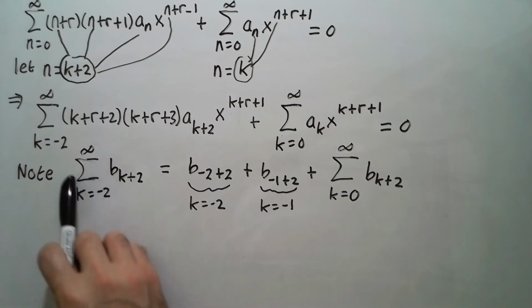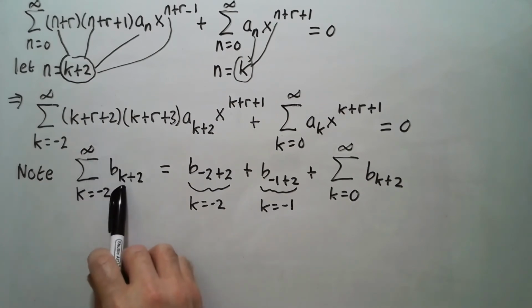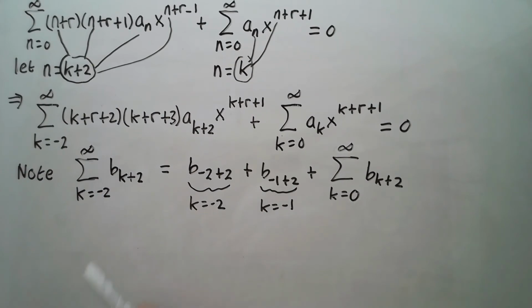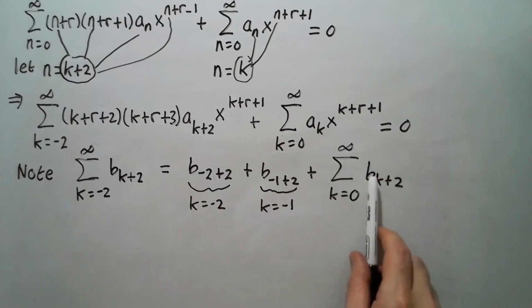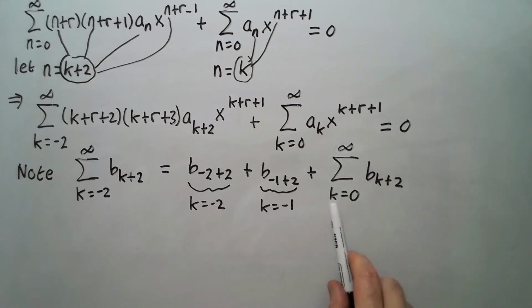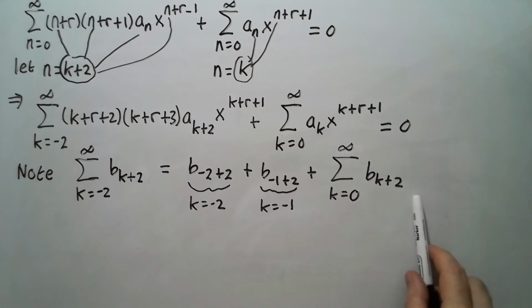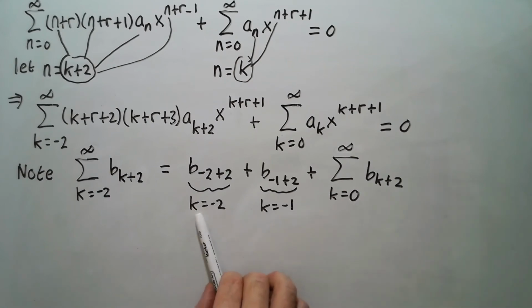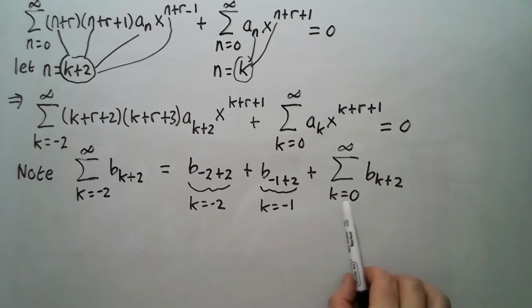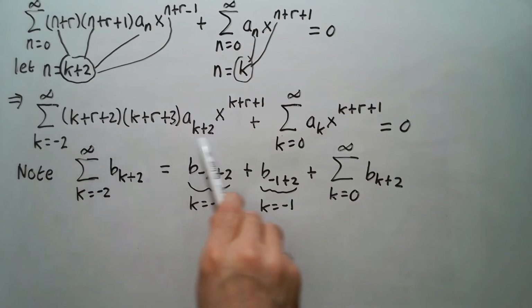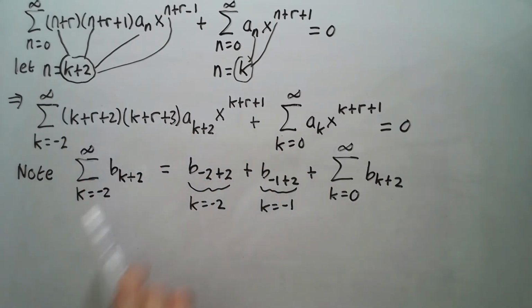Okay, so note, say you have the summation k equals minus 2 to infinity of b of k plus 2. So you start at minus 2, so you put minus 2 in place of k. Then you go to minus 1, so you put minus 1 in place of k. Then you go to 0 and above. So you can write that as the series k equals 0 to infinity. So we're going to use that trick here. So we're going to have the k equals minus 2 term and the k equals minus 1 term, and then 0 to infinity terms here. And now I'm going to think of this whole guy here as the b of k plus 2. So doing that, we get then